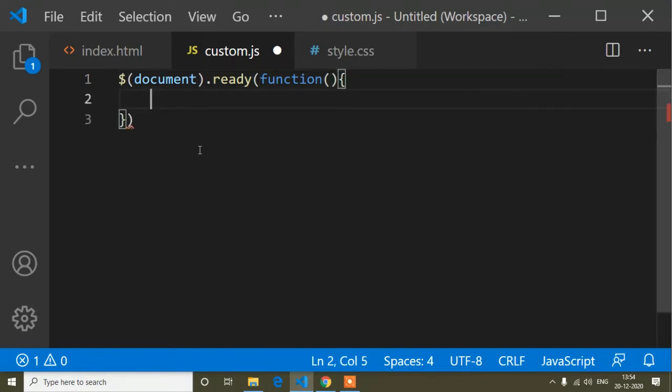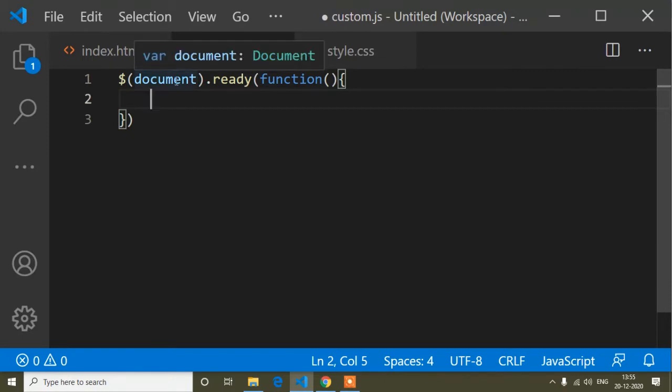So we use document.ready, and everything we write goes inside this document.ready. If we write all the conditions outside this document.ready, the condition may fire before our page loads, so jQuery will not work properly. So we write all the jQuery conditions inside this document.ready, after our page loads.